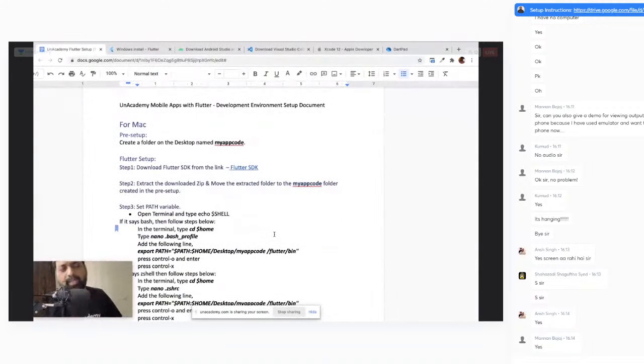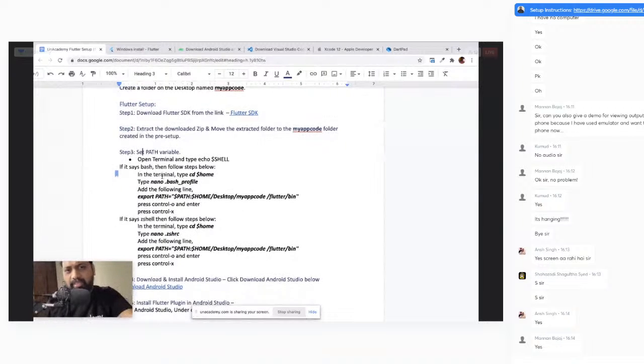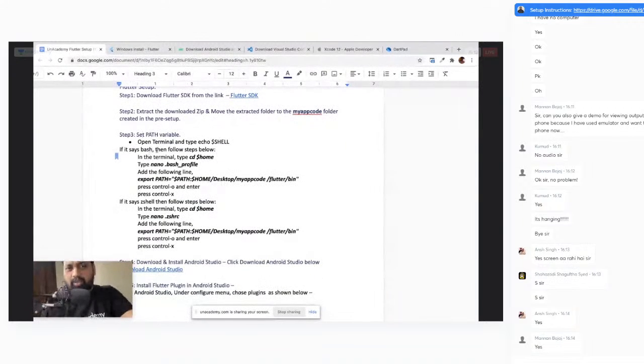If you are using a Mac, everything else remains the same. The only thing that changes is step 2, where you set the path in the terminal slightly differently. You open the terminal, type echo $SHELL. If it says bash, then follow the steps below. If it says Z shell, depending on your configuration, it may say one or the other, and just follow these instructions. In the terminal, type cd $HOME, type nano .bash_profile. This is when you are editing a file. You go here, and this path right here, you're going to add this to the